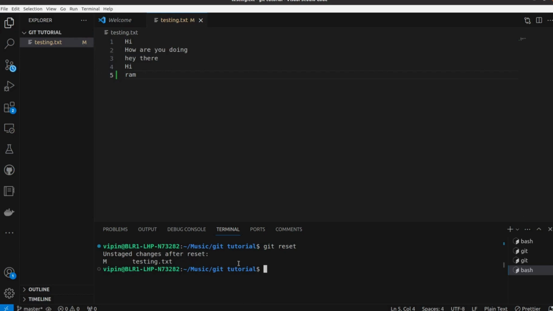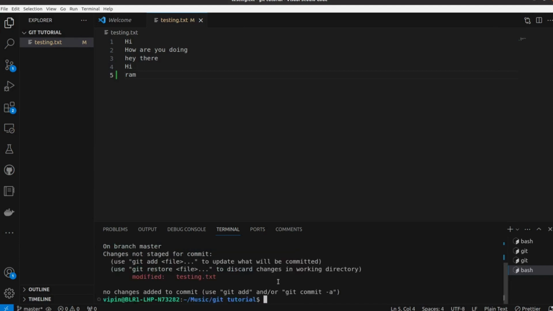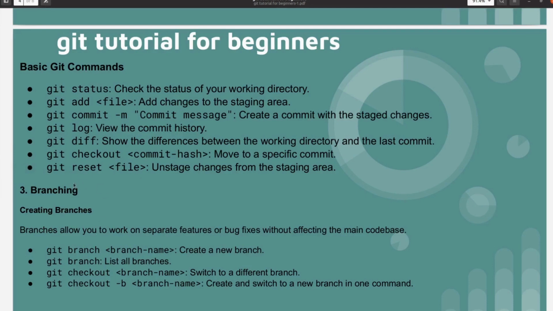So the changes we made in this file got unstaged, and you can see it using git status. Our file is in the unstaged area, not in the staging area right now, only local. So you can modify it again and push it again. That's what git reset actually does.